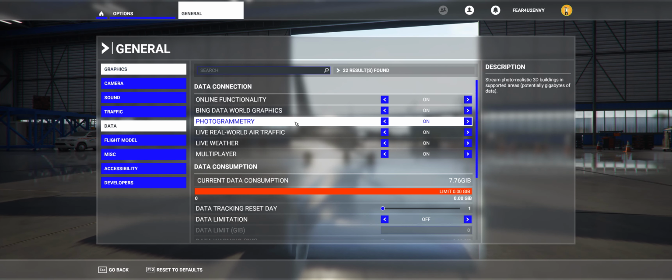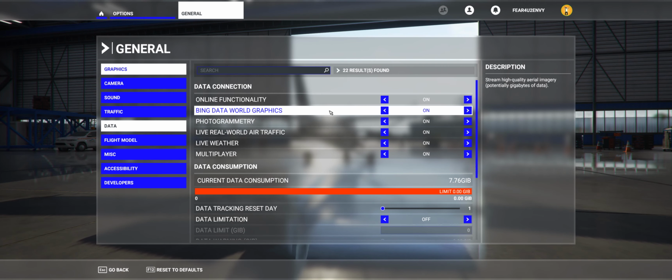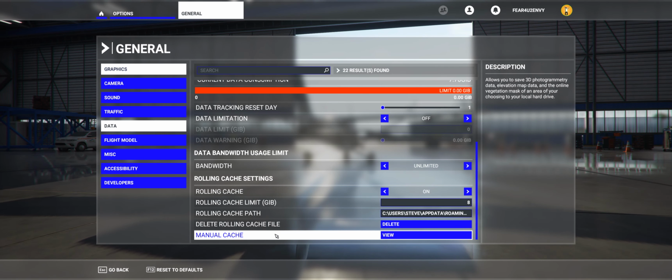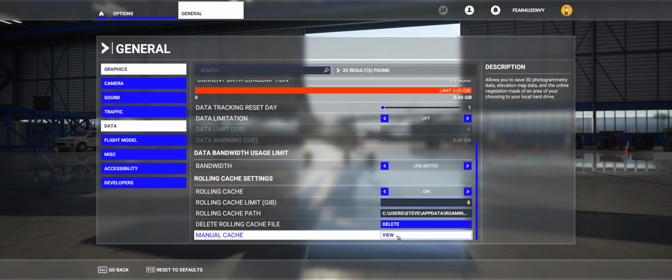And I did, and basically what it turned into was something like a generic Orbx type of thing. Not saying that it's bad, but obviously I would like to see what this simulator has to offer compared to generic things like that. So right now we are going to just leave all this alone. One of the other things that I did was create some manual caches of the areas that I wanted to fly in. So we come in here,